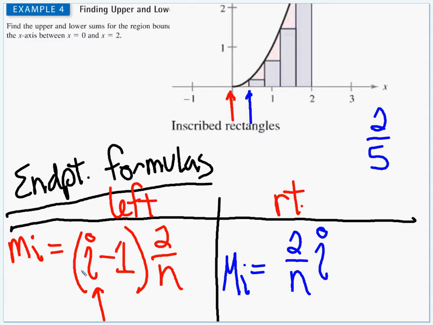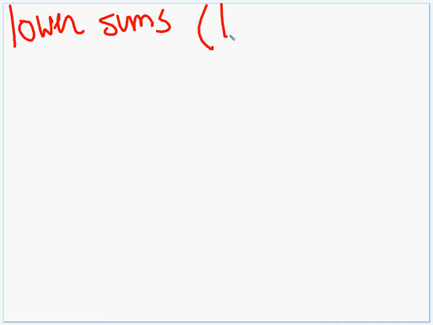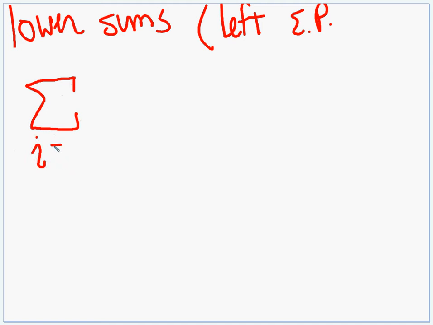Now we're going to do the trickier one first. We're going to do this left endpoint first, our lower sums. And I don't want to erase this, so I'm just going to start yet another slide. And I'm going to call this lower sums, or in parentheses, left endpoints. So we're going to do a summation from I equals the first rectangle to the nth, the last, and that is going to be f of lowercase m sub I